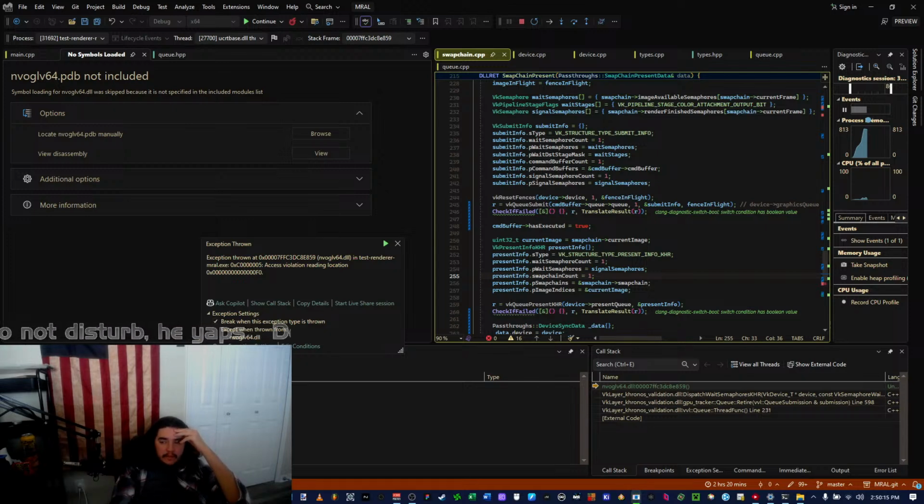Let me pull up the Vulkan timeline semaphore documentation and see if it mentions the swap chain.